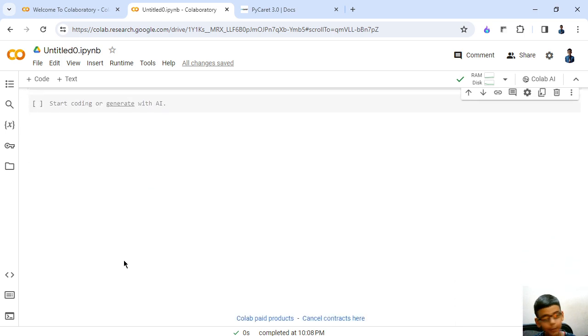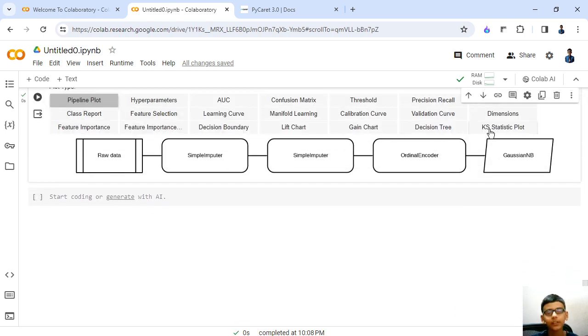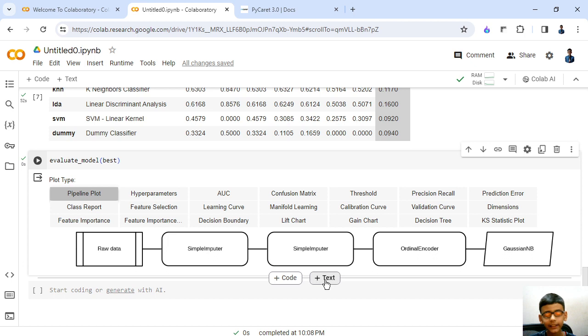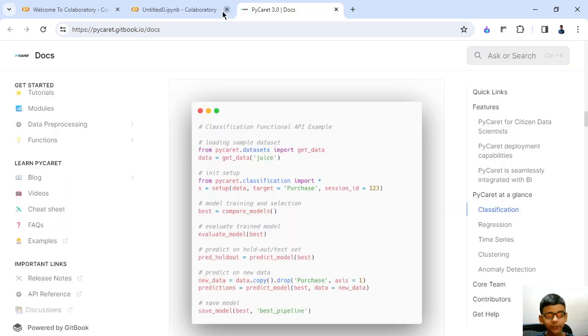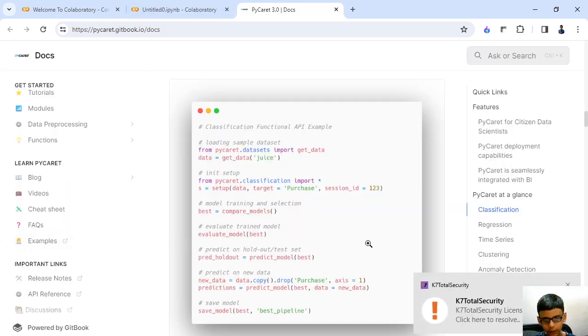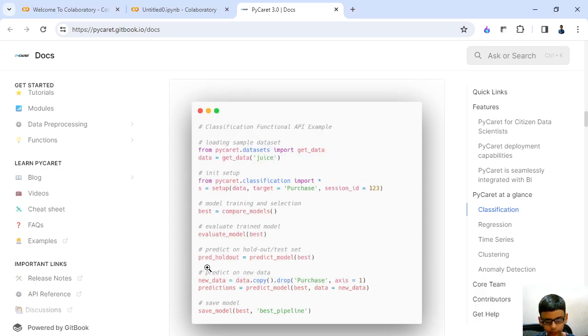PyCaret is a very powerful library, so that's why it is giving us this kind of imputation graph. It can automatically do your data pre-processing also, so this is quite dangerous. Okay, then after referring to the PyCaret documentation, we can see